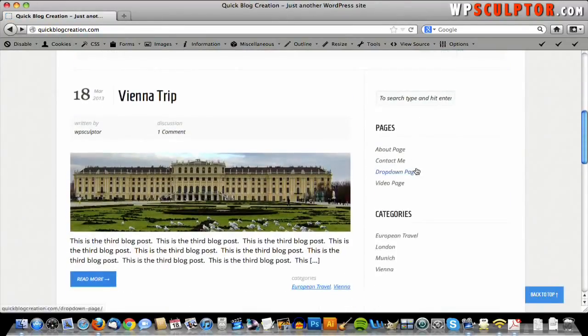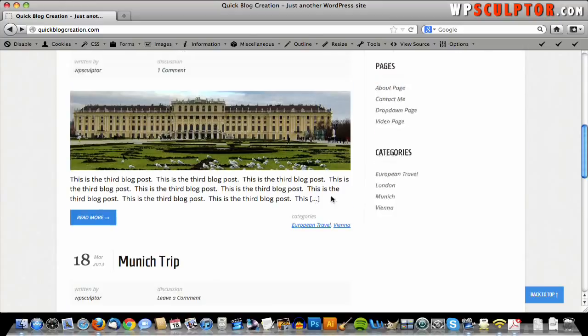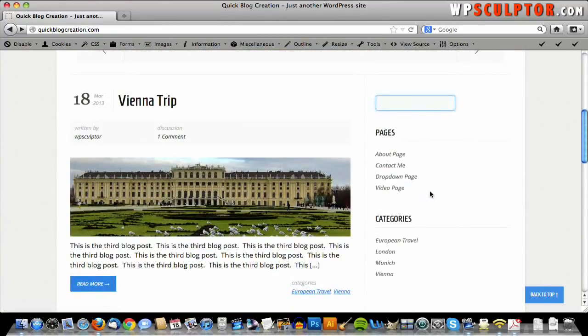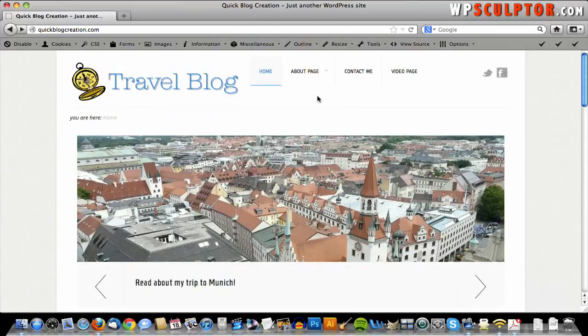I'm going to show you how to set up your sidebar widgets. I've got a search bar widget, the pages widget, the categories widget there. I'm going to show you how to use the blogging functionality of WordPress. Categories are part of the blogging functionality. I've got 3 different blog posts as examples, and they're categorized in the following categories. I'm going to explain those, and